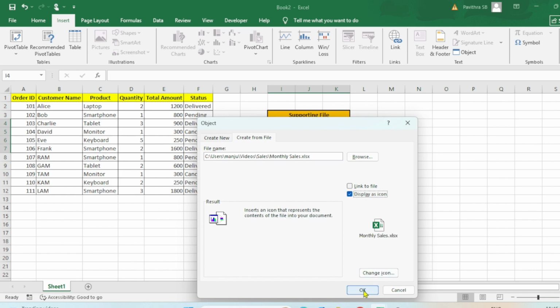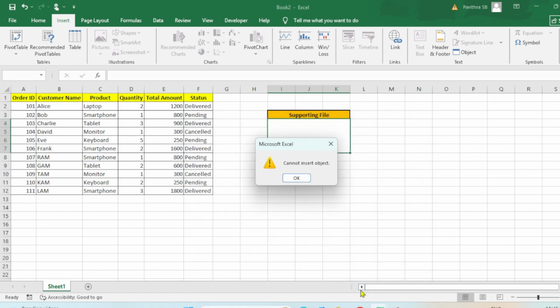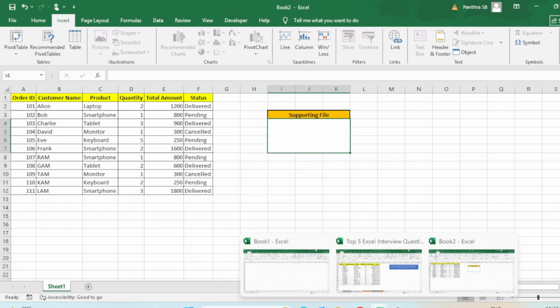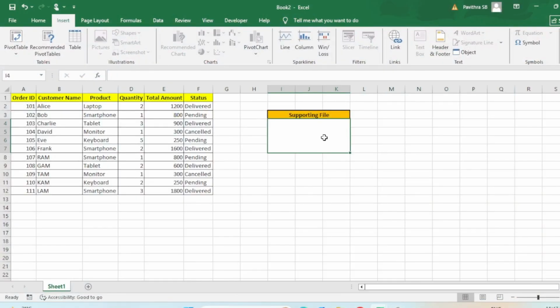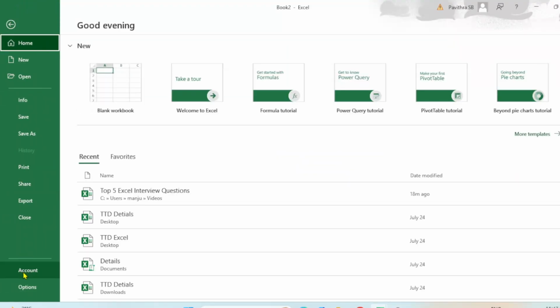So display as an icon. Now you can see it says the object cannot be inserted. I have not opened that Excel file. I am not opening that supporting file anywhere, but still it is not working. How to enable that? So for that you can go to File, go to Options,